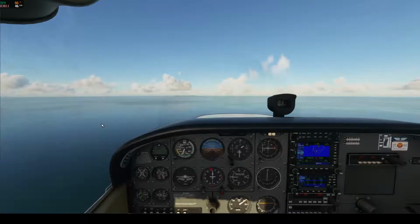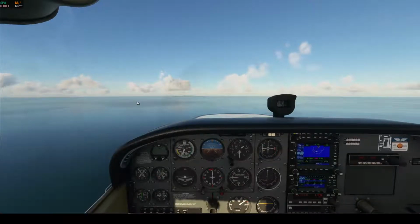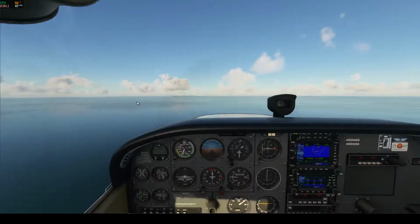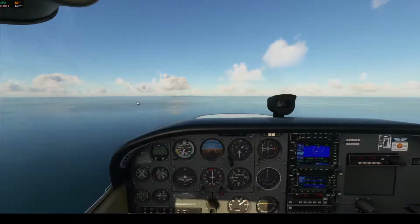So we don't really need to descend at this point in time, but as soon as I get my bearings, I have flown in here a few times with the virtual airline, with Highland Connect and that sort of thing. I think with the Dash 8 from Nordic as well, I think I flew in here, Sundberg. I don't know if that was in the schedule at some time from like Bergen or somewhere, but